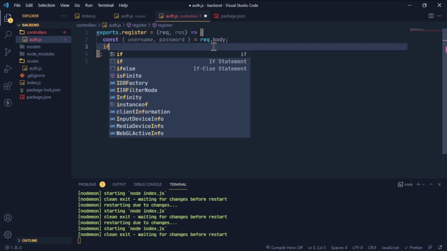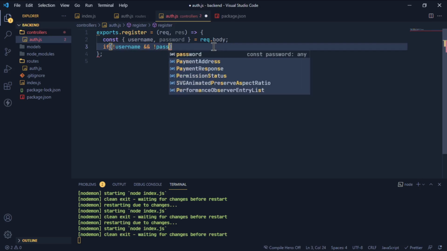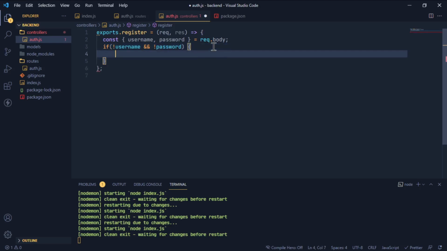That is okay to know what things we can do with that. Now if username, I'm just validating it against the username and password. This is nothing but the truth value response.